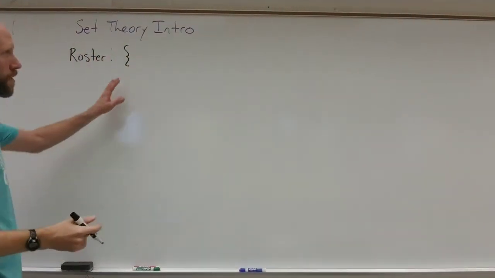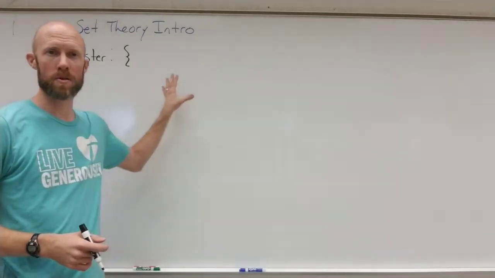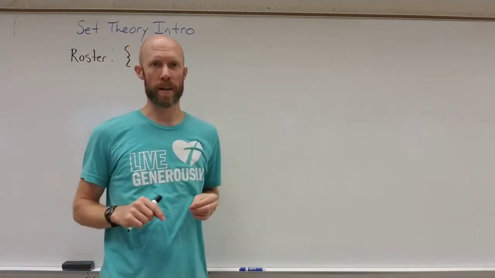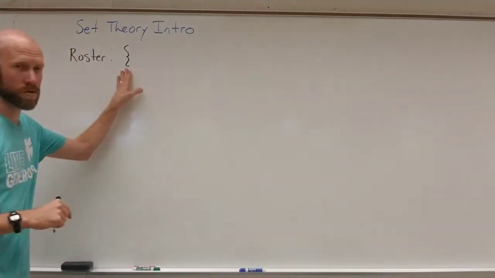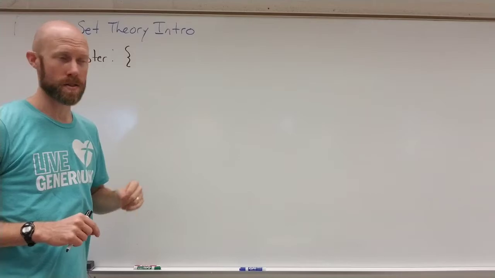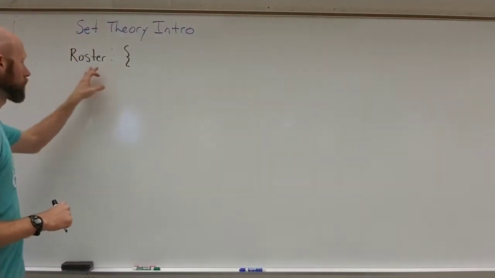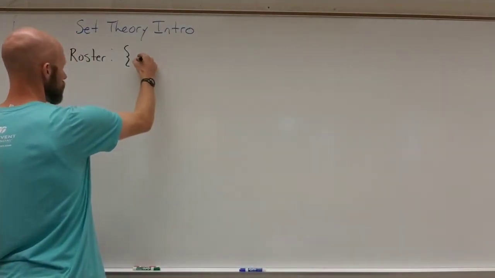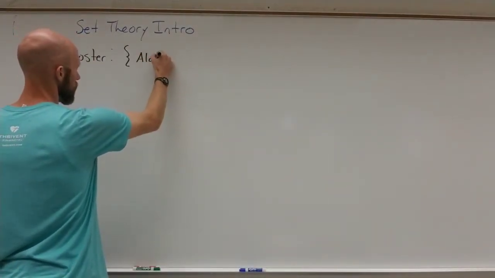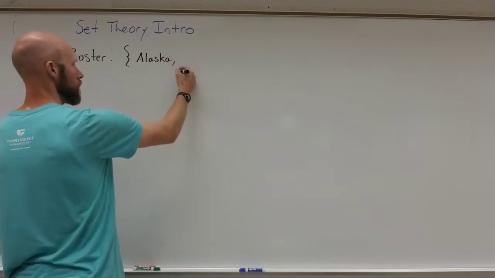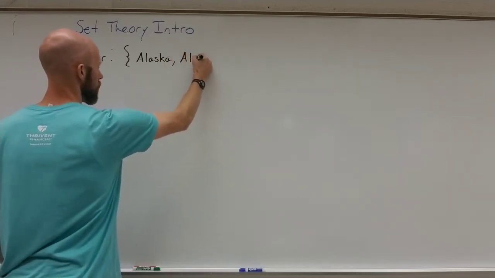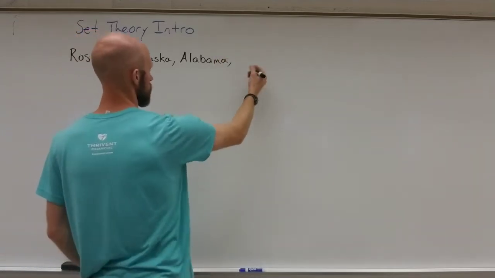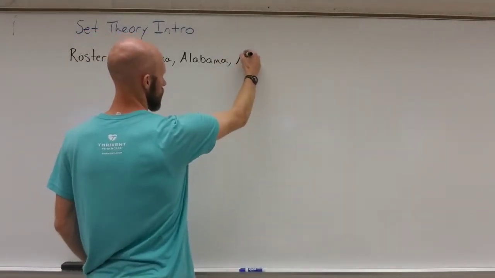Now with a set, one thing I do want to mention is that we surround a set with the brace notation. These are like squiggly brackets. You're going to see those throughout our study of set theory. So in roster form, the states of the United States, you might say, you've got Alaska, you've got Alabama, you've got Arkansas,